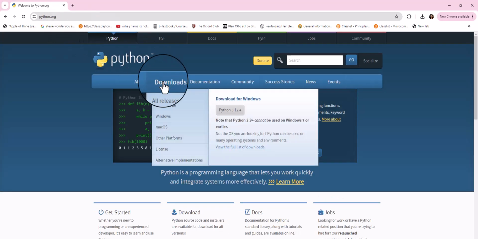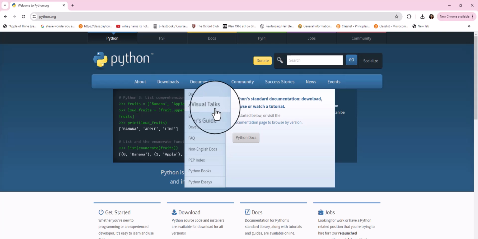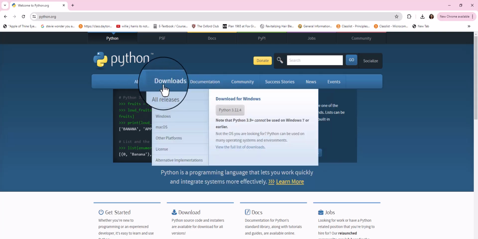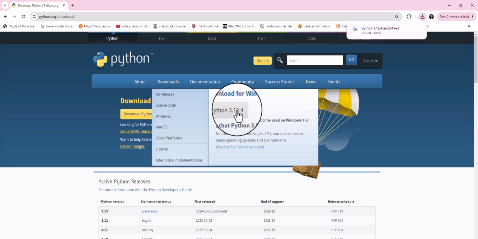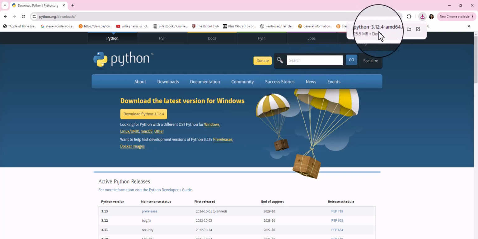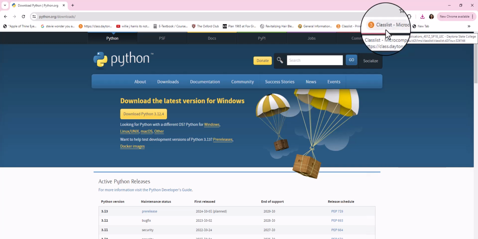Go to download, and of course you'll see where it shows you how to download using a Windows operating system, Mac OS, or other platforms. So what we're going to do is download the latest version for Windows, which is 3.12.4. An executable version will display. Open it,